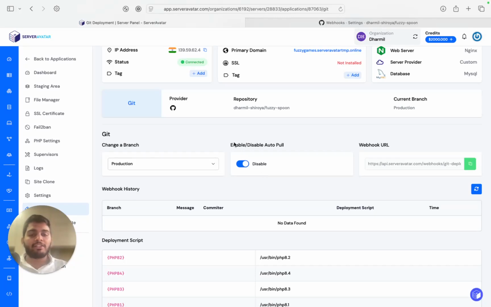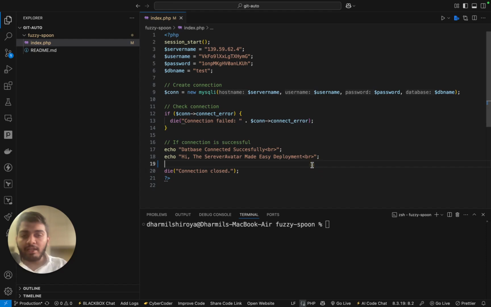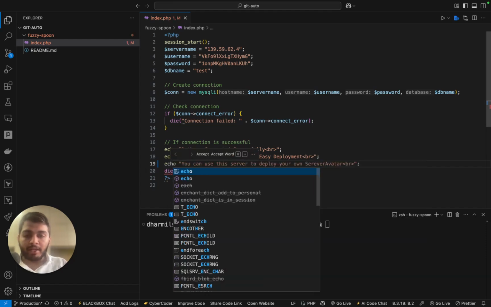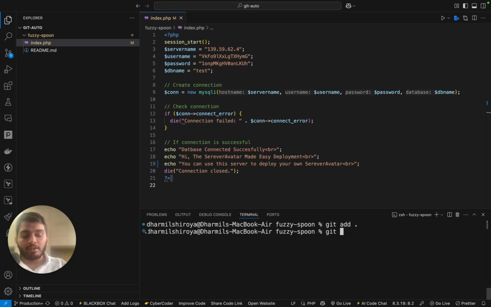Okay, so now let's make some changes in our code so we can check the auto pull feature, what the auto pull feature actually is. So let me add a line here. I will make it an echo: you can use this server to deploy your own server avatar. Okay, let's push this code into the GitHub repository, git add dot, git commit,